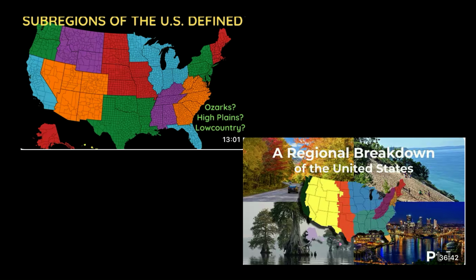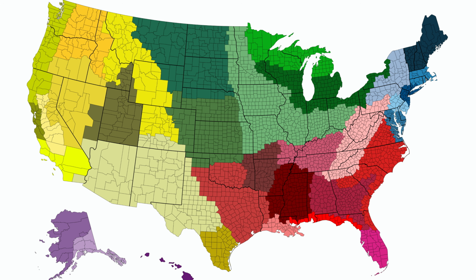I also watched videos where people made their own maps breaking down the US into regions. This led me to make this map, where I divide the continental US into 4 main regions and 31 subregions. I want to make a series where I explain each region and its subregions in depth. This will include 5 videos, one for the Northeast, the South, Midwest, West, and a video covering Alaska, Hawaii, the territories, and native reservations.